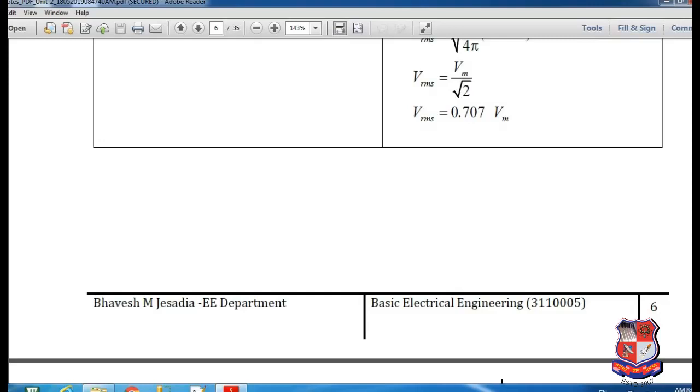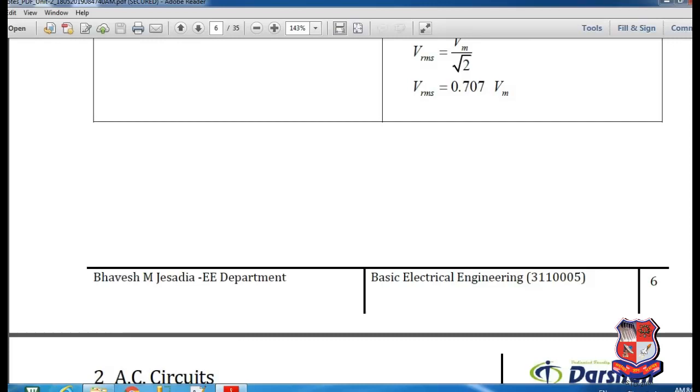So this is the complete theory regarding the RMS value and the average value. Whatever voltage is indicated for a home appliance is considered as the RMS value. Suppose we consider 230 volt; that 230 volt is the RMS value of the voltage. Same way, for the rating of a bulb, there are two types of rating written on it. The first one is 230 volt and the second one is the watt rating. So 230 is considered as the RMS value. This is the basic significance of the RMS value.